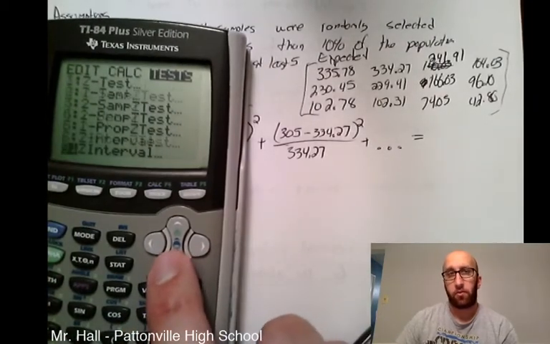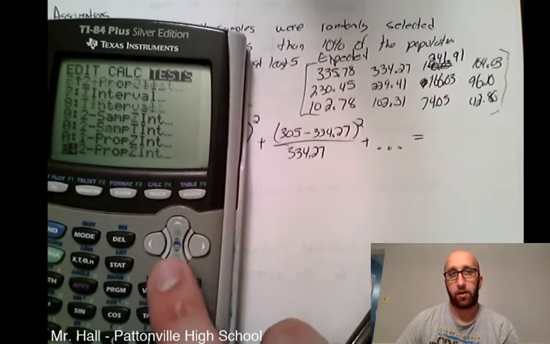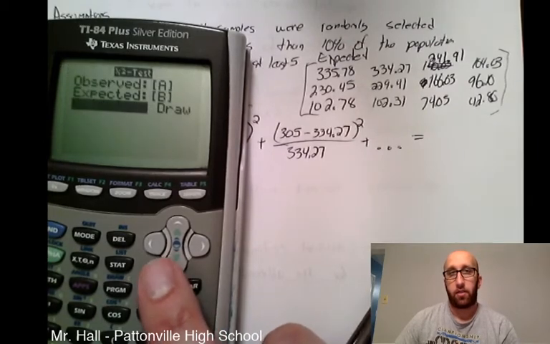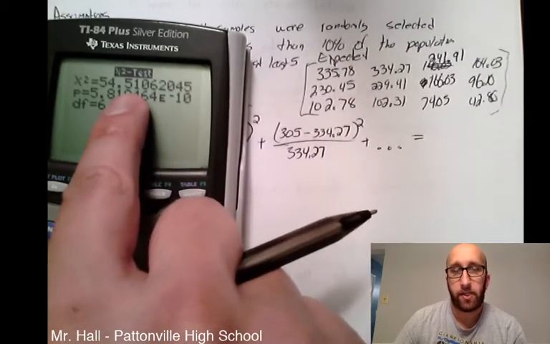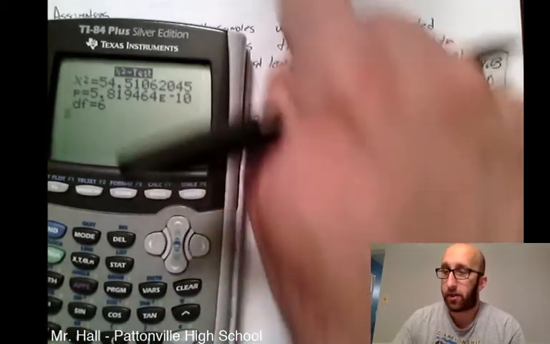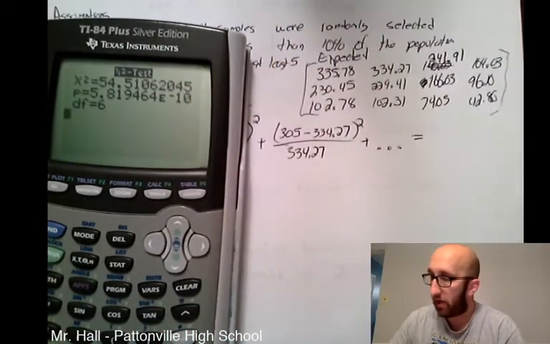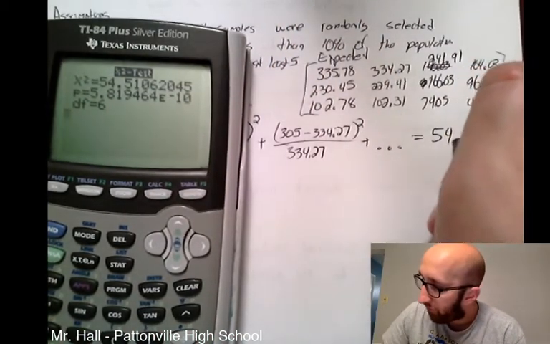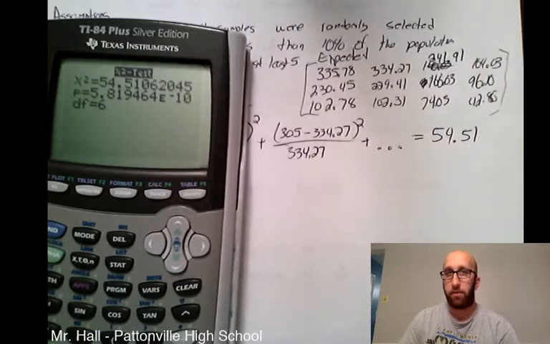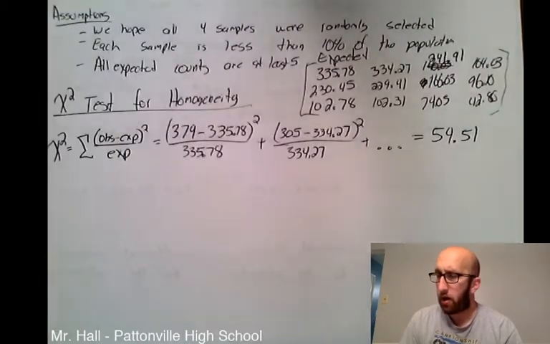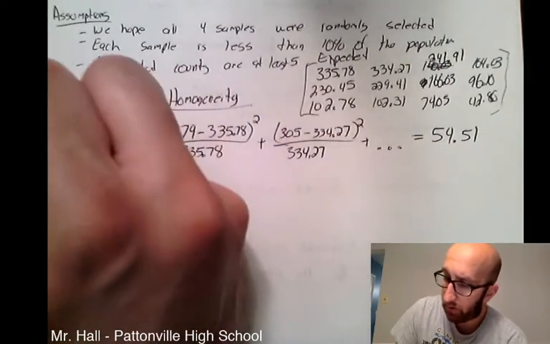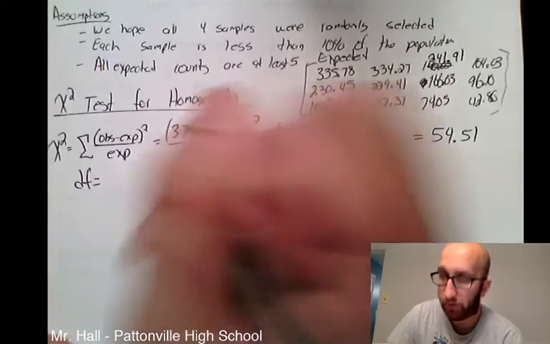So scrolling down back to my chi-squared. My test statistic here, it used matrix A, the observed values, the expected values. It came up with 54.51. Okay. Another thing that we're going to need here is with chi-squared, we're going to need degrees of freedom,